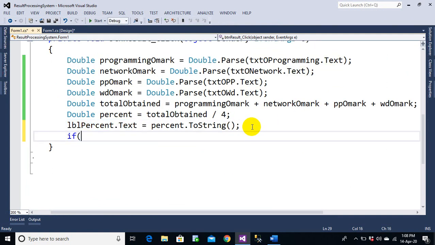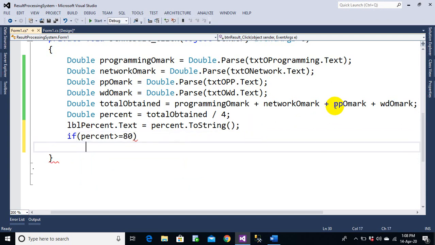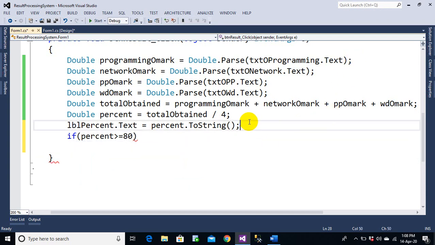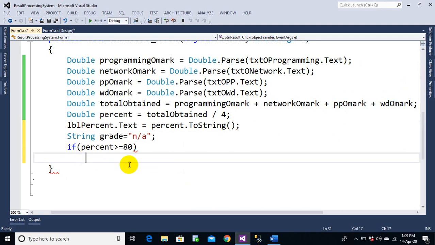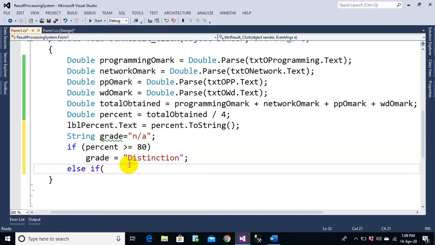Now I can check if percent is greater or equal to 80. That means I can declare another variable called grade here. Let me create another variable, string grade equals to null for now, let's say NA for now. If percent is greater or equal to 80, then grade should be equal to distinction. Else if percentage is greater or equal to 60 and percentage is less than, let's say,